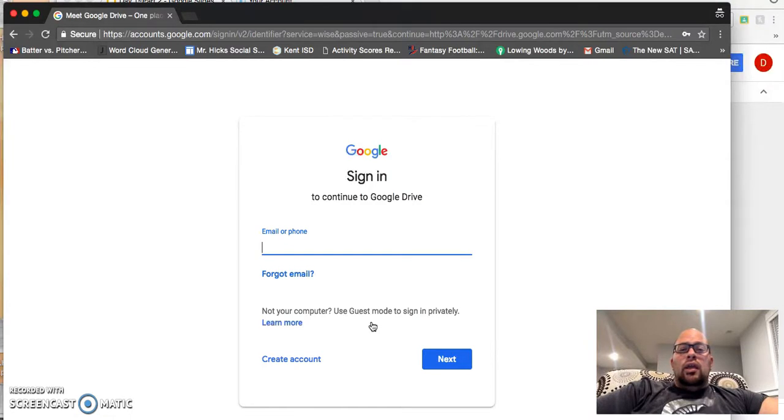So your username more than likely will be your first and last name, all lowercase, no spaces, at kentisd.net. So your domain will be .net. The teachers and success coaches domains are going to be .org, just a point you might want to note. But again, students' domains are going to be .net. So again, if you're Mike Smith, which is a very common name, it would be MikeSmith at